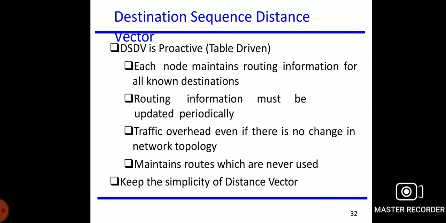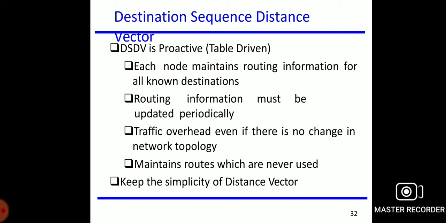There is a new table entry, the destination sequence number, and it allows fast reaction to topology changes. It makes intermediate route advertisements on significant changes in the routing table, but waits with advertising of unstable routes, that is, damping fluctuations.